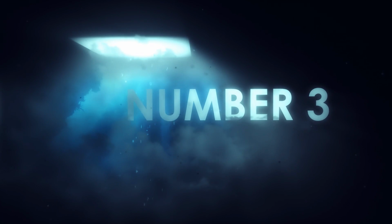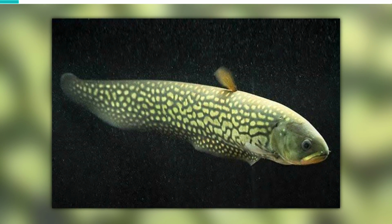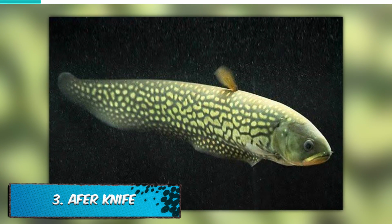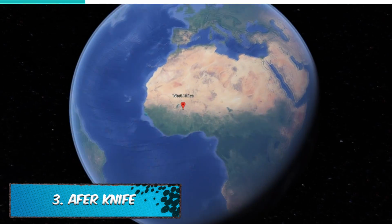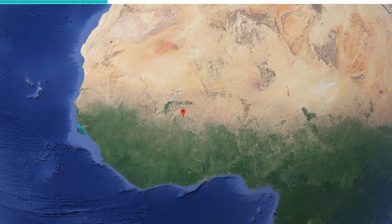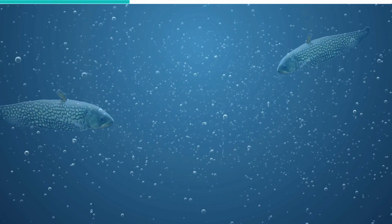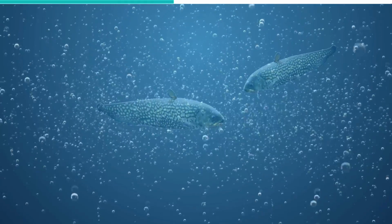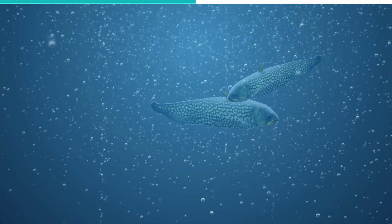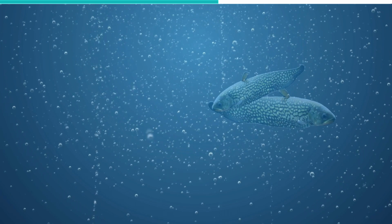Number 3. Afer knife. Also known as the reticulated knifefish, it is a species of freshwater fish found in tropical West Africa. It reaches a maximum length of 31 inches and can weigh as much as 2.9 pounds. Its dorsal fin projects out of its back like a feather. It is laterally flattened and is capable of breathing air at the surface of water in addition to normal breathing